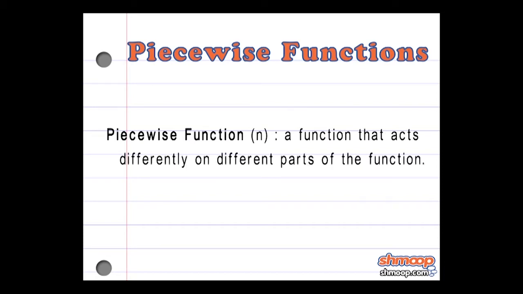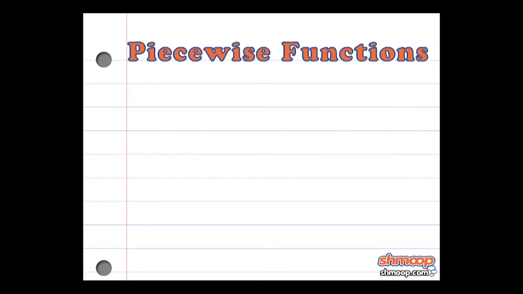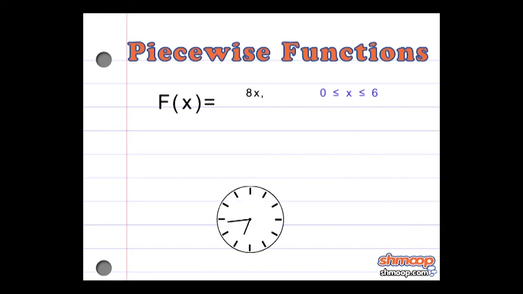We can create a comprehensive piecewise function that takes into account both John and Yoko's total earnings over the course of the day. And here's what the function looks like. F of x equals 8x when x is greater than or equal to 0 and less than or equal to 6, since John works from 6 a.m. till noon. And 8 times 6, that's John's $48 from his shift, plus 5 times x minus 6, when x